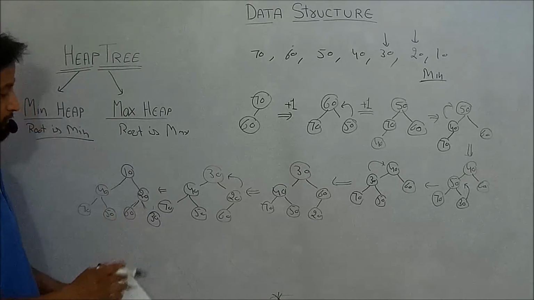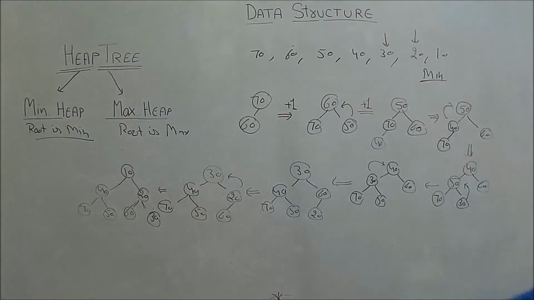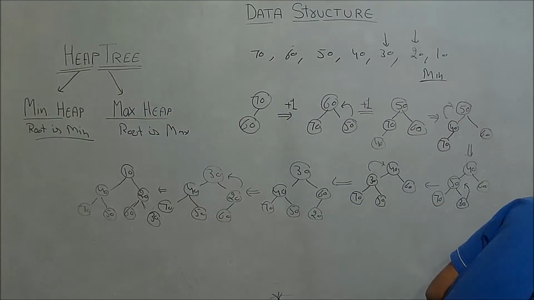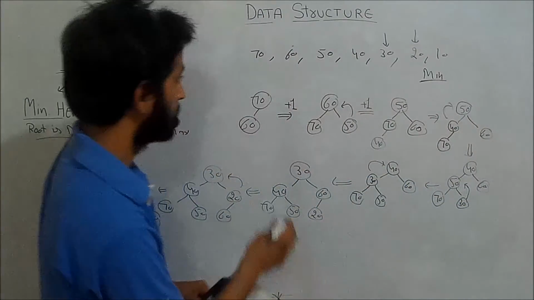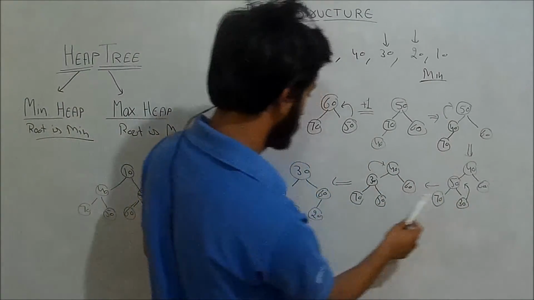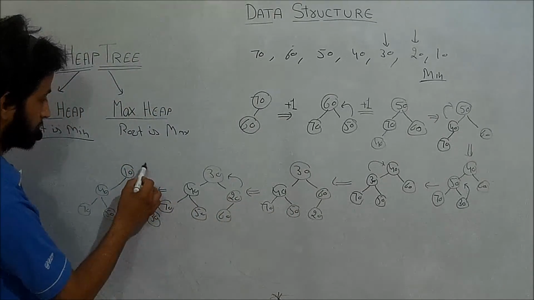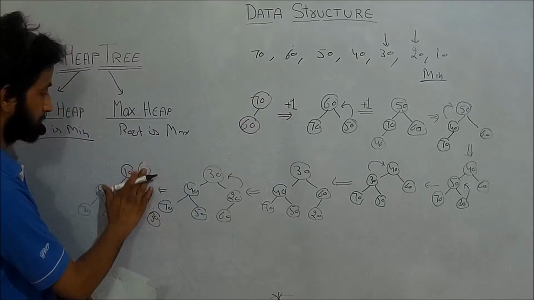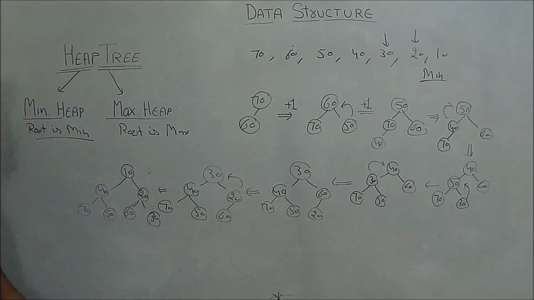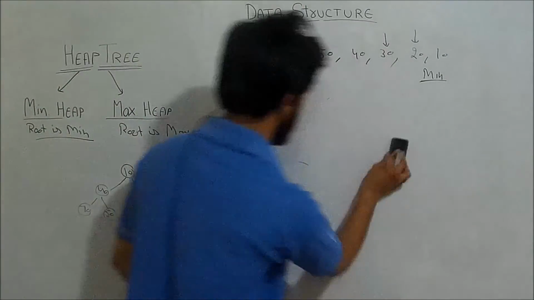Okay, so this is the final min heap that I am getting, and the total number of interchanges that it will require is, I have to calculate the total number of interchanges. So 1, 2, 3, 4, 5, 6, 7 and 3 interchanges here. Total number of interchanges are 10 interchanges that the construction of this min heap tree required. Okay, so final min heap tree is this one.